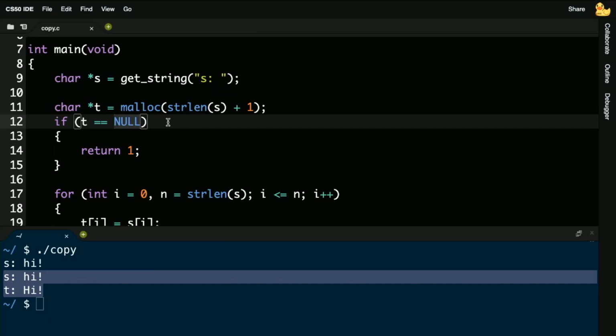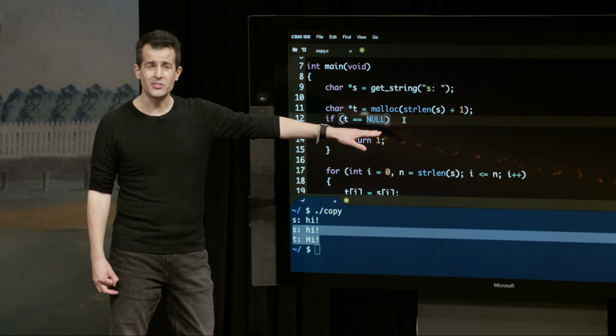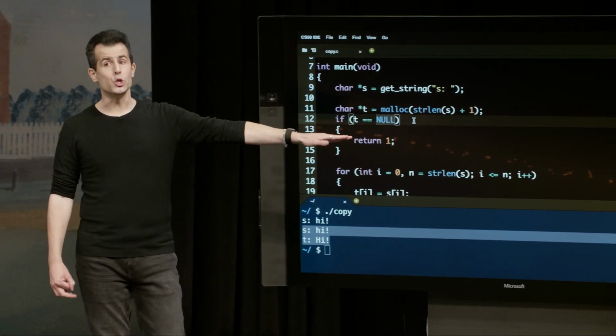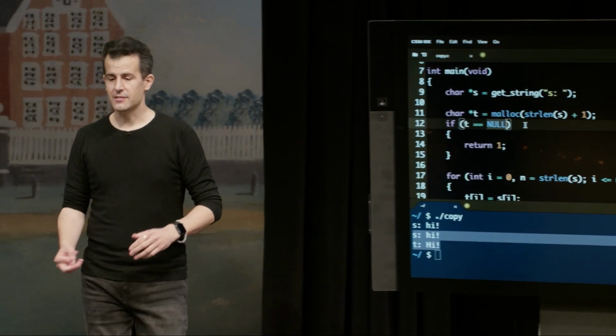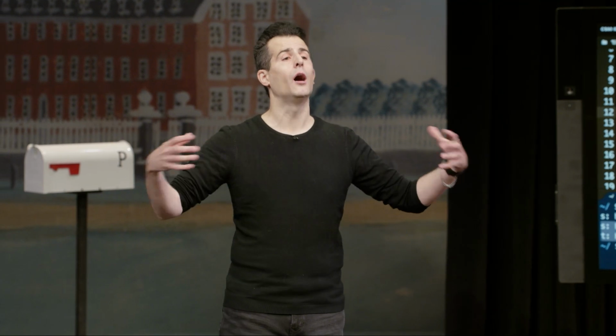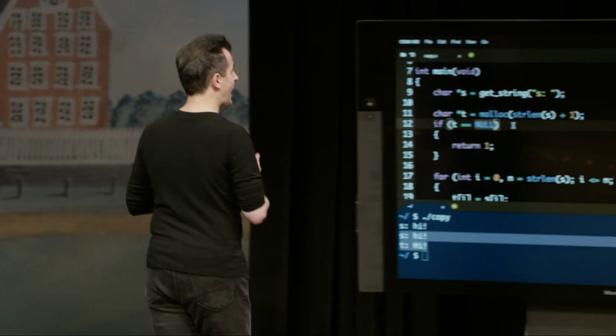Now, unfortunately, the designers of C, or programmers more generally, use this word, which is almost the same as NUL, otherwise known as \0. Unfortunately, this is a different value. NULL represents a null pointer. It is a bogus address. It is the absence of an address. Technically, it's address 0. It is different from \0.